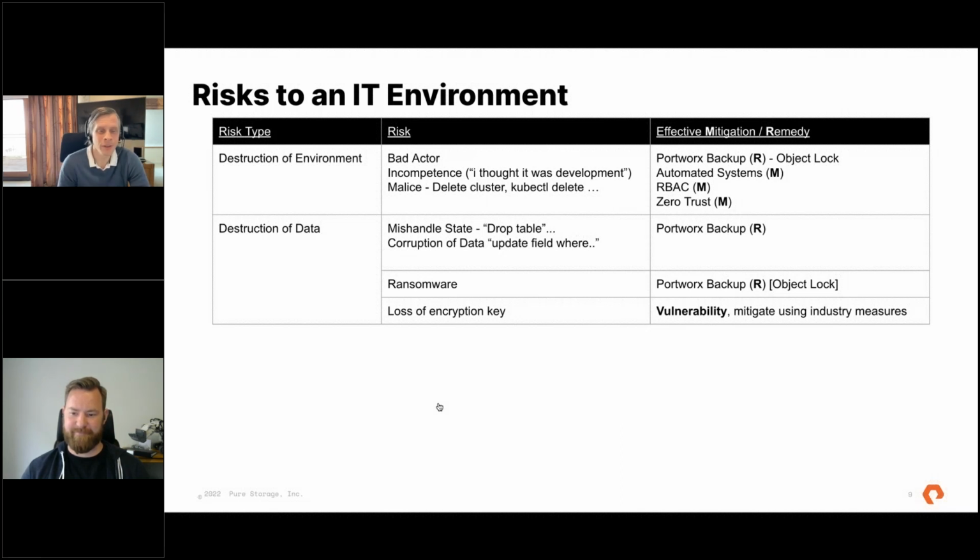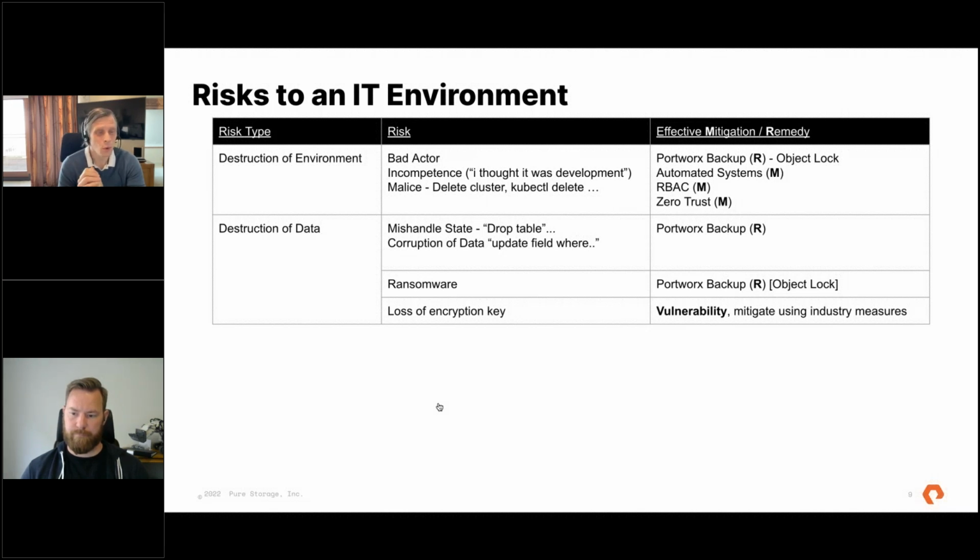And I've broken this down into the idea of a remedy, something that is going to solve the problem, and a mitigation, something that's going to limit the likelihood of that happening. A remedy you need for everything, because that's where the buck stops. But the mitigations are going to stop that happening. And as in this world where we have trade-offs, often the remedy is harder than the mitigation. The phrase is an ounce of prevention is worth a pound of cure. Well, the cure is a heavier weight thing.